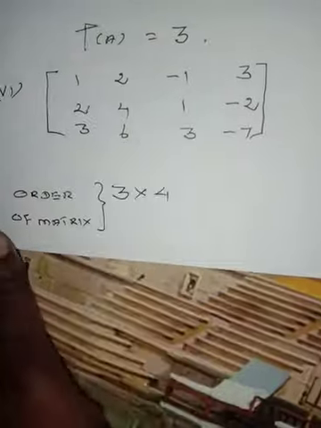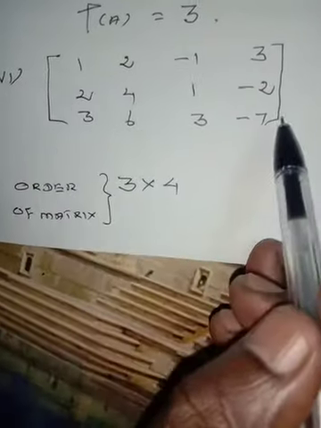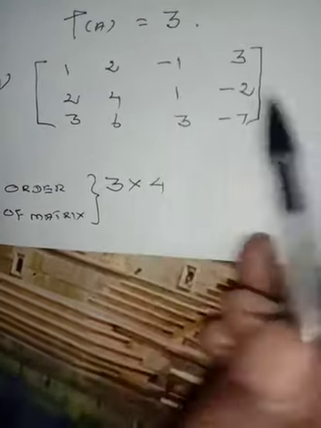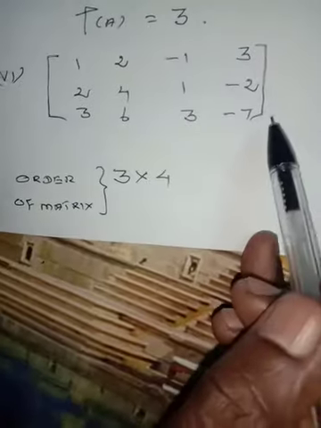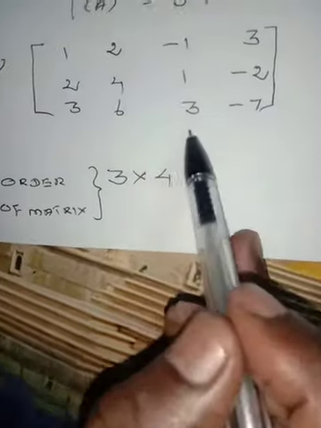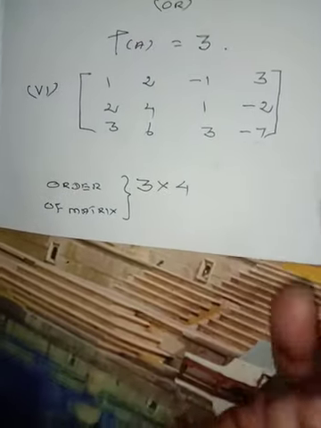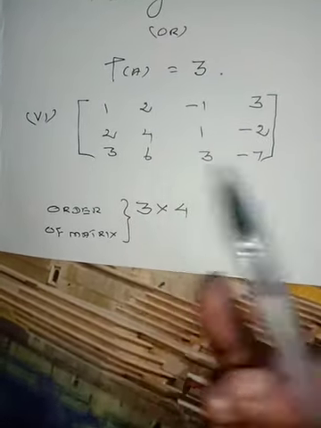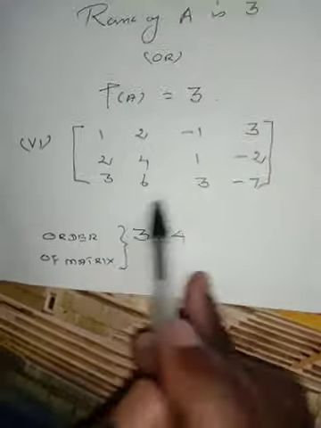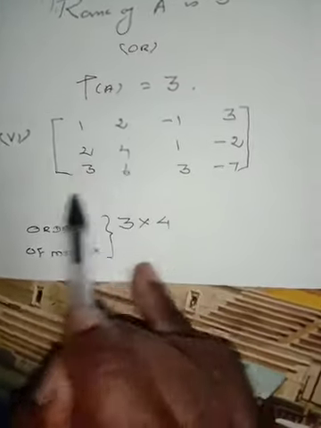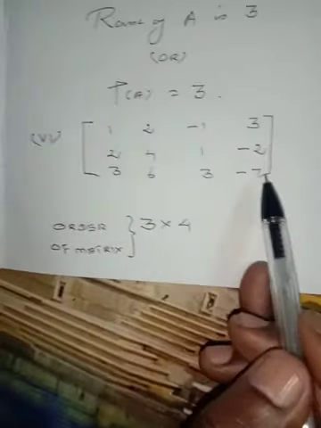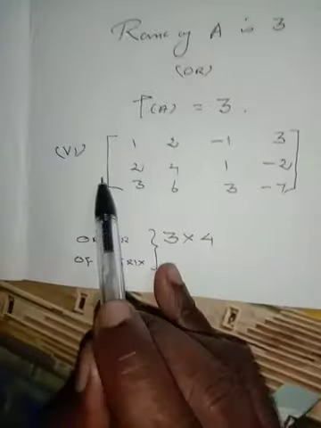Then using type number 1, we find all the determinant values of the 3 cross 3 matrices; there are 4 such 3 cross 3 matrices. If the determinant value is not equal to 0, then the rank of the matrix is 3. Otherwise, it is 2 or 1. Okay. Now, the easy one: when a 3 cross 4 matrix is given, then the echelon form is